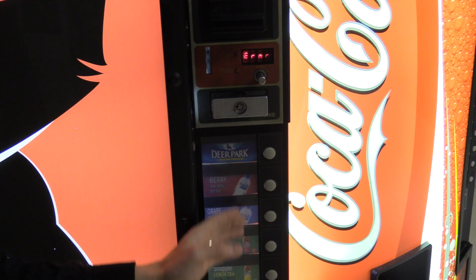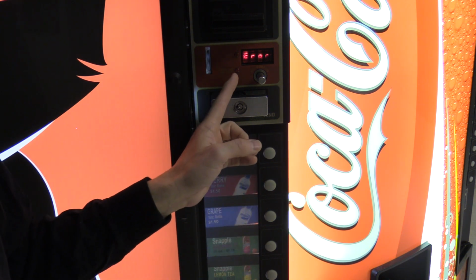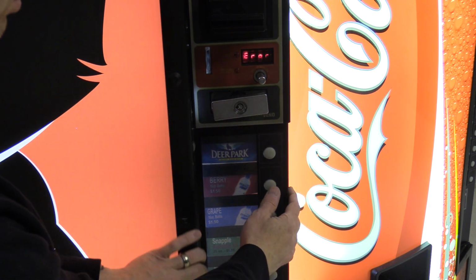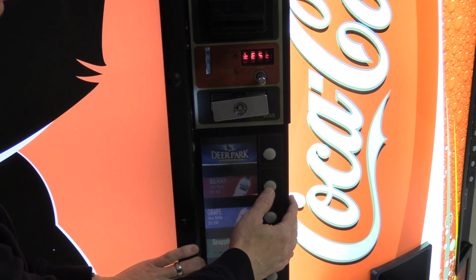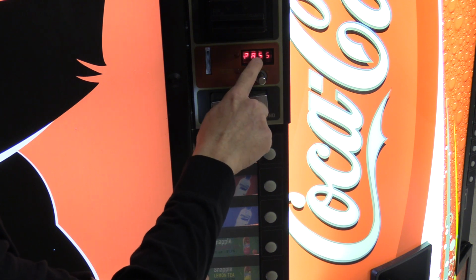For programming these machines, you're going to be using the first 4 selection buttons and using the display here. Once you enter programming mode, it goes into the error menu. To advance to the different menus, you press the second button. Now, these block programming menus are in the additional menus, which you have to put a password in to get